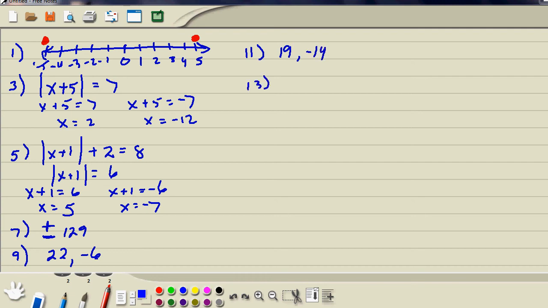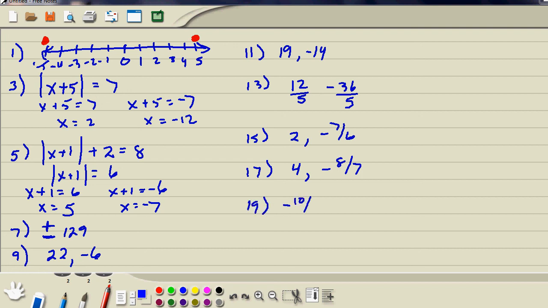Number 13, obviously two answers again because of the absolute value. You should have 12/5 or a negative 36 over 5. 15, you have 2 or a negative 7 over 6. And 17 is 4 and negative 8 over 7. And if you did the bonus, number 19, you got a negative 10/3 and 6. All right, so if you understand the concept of absolute value, you should find this section